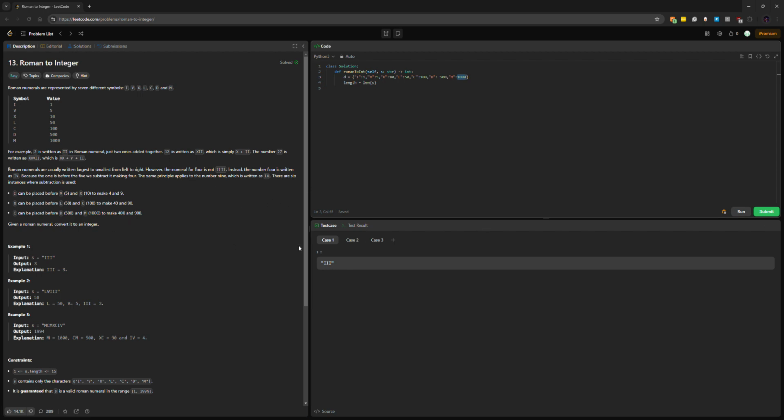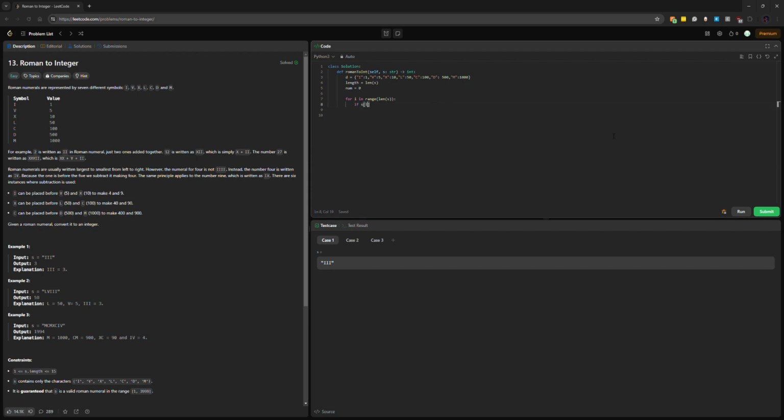My strategy is going to be to just start with easy cases that don't involve 4, 9, 40, 90, 400, or 900. So I think an easy way to do this is, if I'm changing it to an integer, I'll start with a number equal to 0, do for i in range len s. I'm going to loop over the string, and because here we're just pretending that there's no 4s or 9s or any weird cases, to start, I'll just do